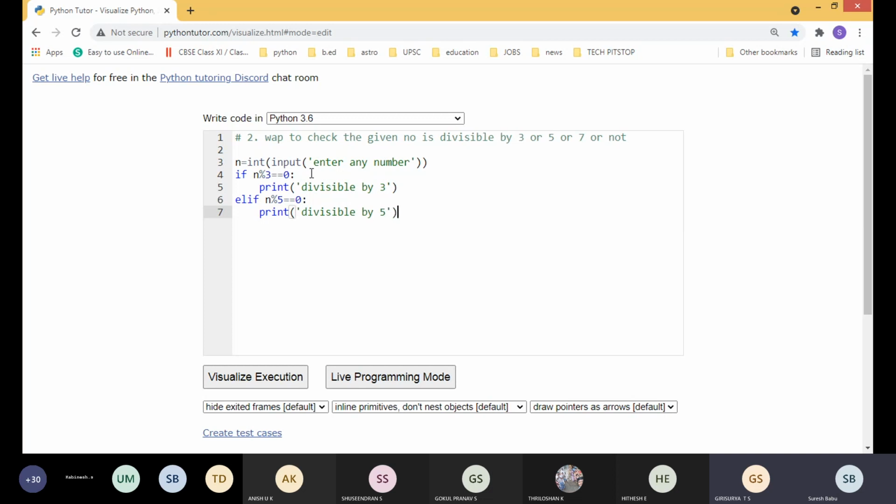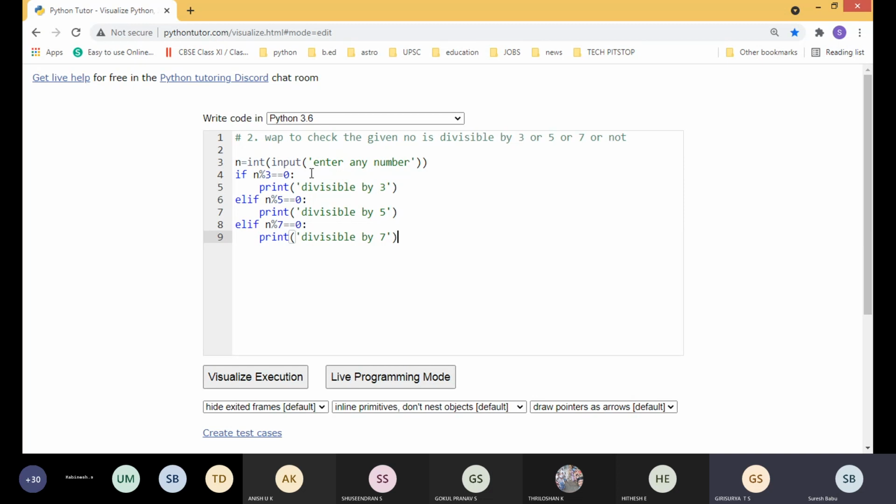Again, this also elif. If not satisfied, we can give the next condition: if n modulo 7 equal equal to 0. If the condition is satisfied, we can easily say the particular number is divisible by 7.